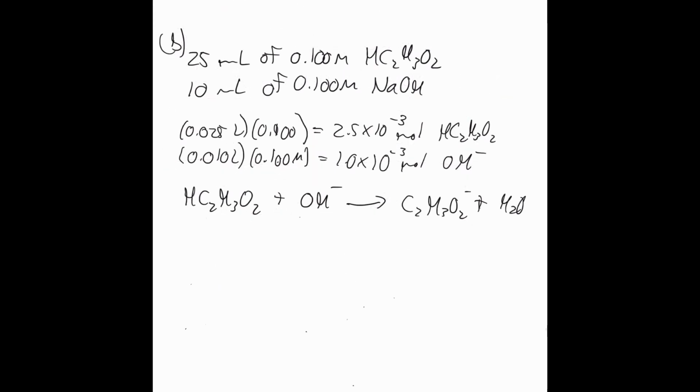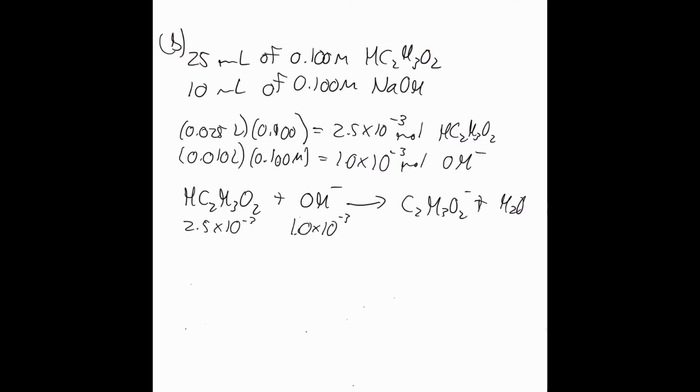So here we have part B set up, where we've started with our 25 milliliters. We're 10 milliliters into our titration. So we've added 10 milliliters of 0.1 molar strong base. We're adding base, we have acid, that's going to be a reaction. We're going to have to do stoichiometry, so we have to calculate the number of moles, and here I've already calculated 2.5 times 10 to the minus 3 moles of our acid, 1.0 times 10 to the minus 3 moles of our base. So let's plug them in here and do kind of a figure out, based on that, the